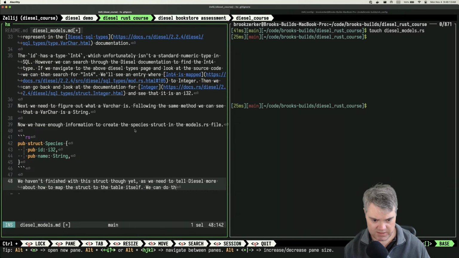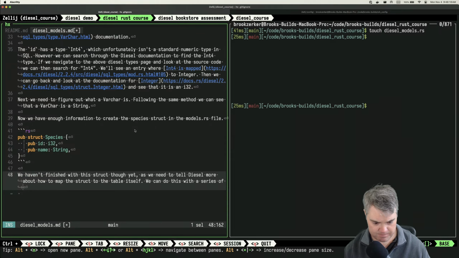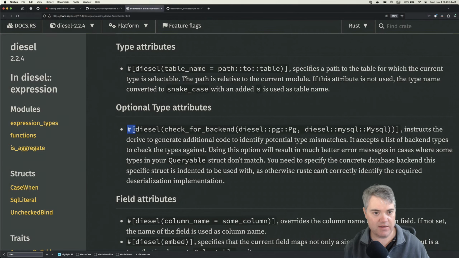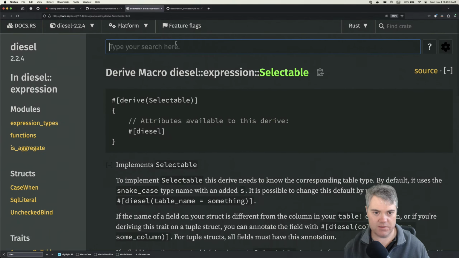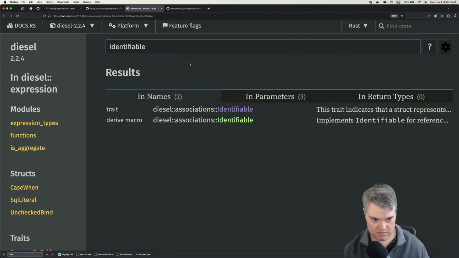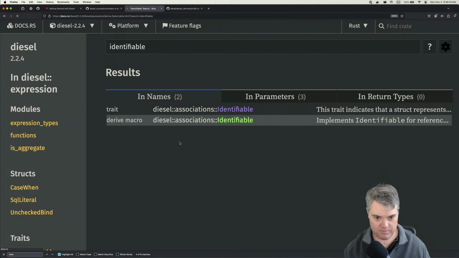We can do this with a series of derived macros. See identifiable to see what those options are for the one you're working on right now. Oh, okay. So identifiable. Which is all under,